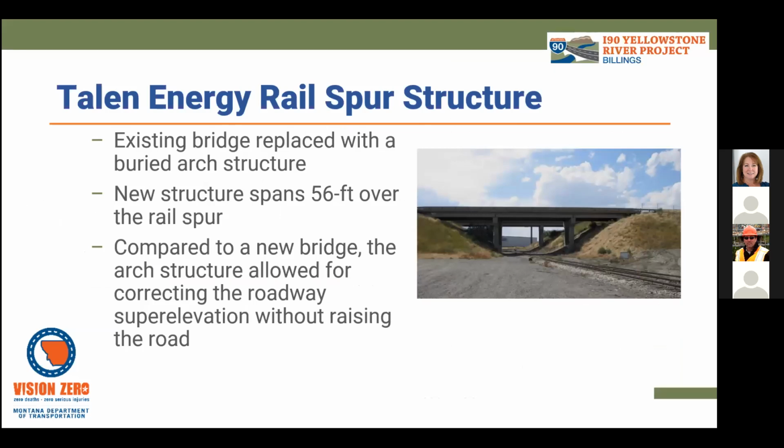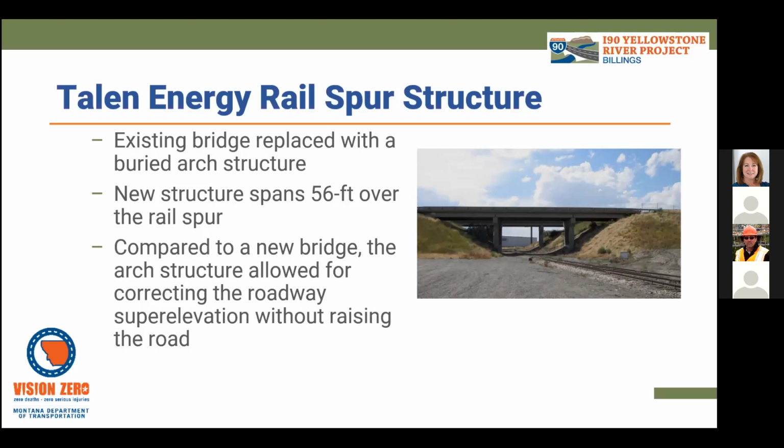Okay. So the Talon Energy Rail Spur, we're also replacing these structures, and that photo on the right shows what's out there now. And again, these structures, there's really no practical way to widen them or preserve them in place. The only real way to accommodate the additional lane is to replace them. But instead of replacing them with a bridge, at this location, we are going to use a buried precast concrete arch. And what that does is it allows us to update the roadway to meet current design standards, but at the same time reduce the extent of roadway construction on either side of this crossing.